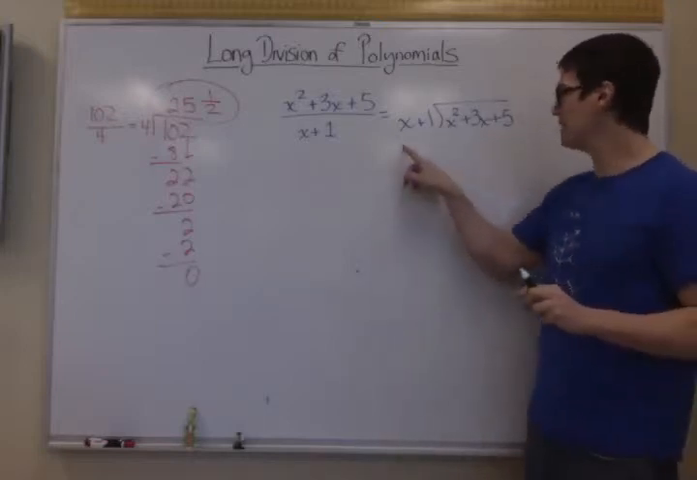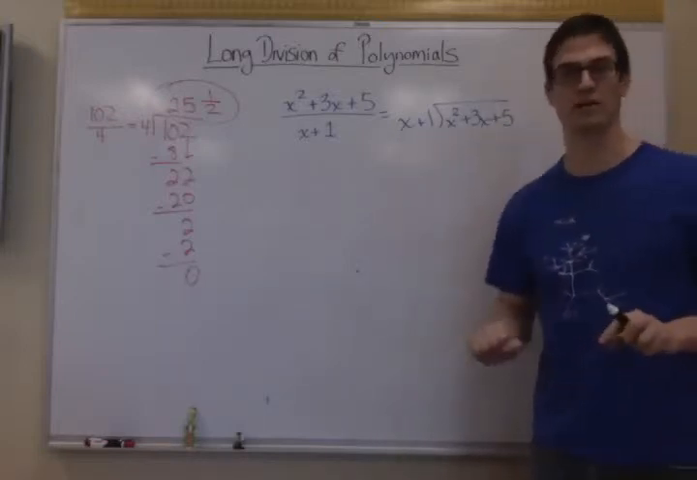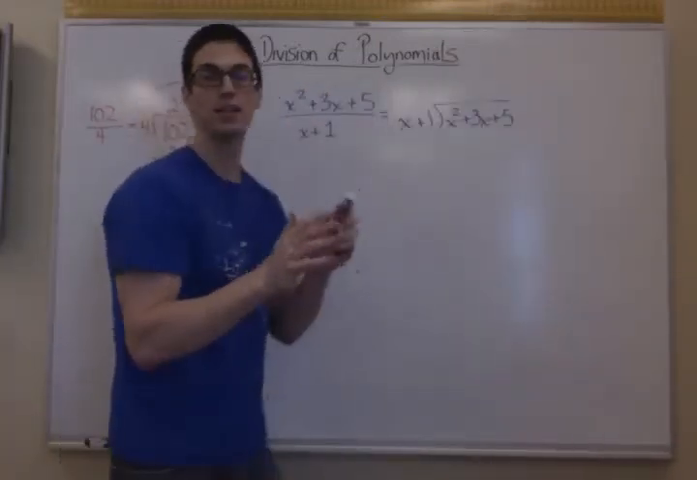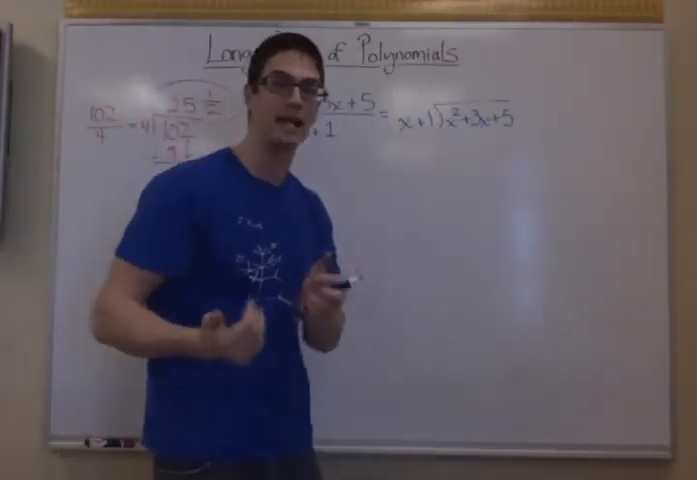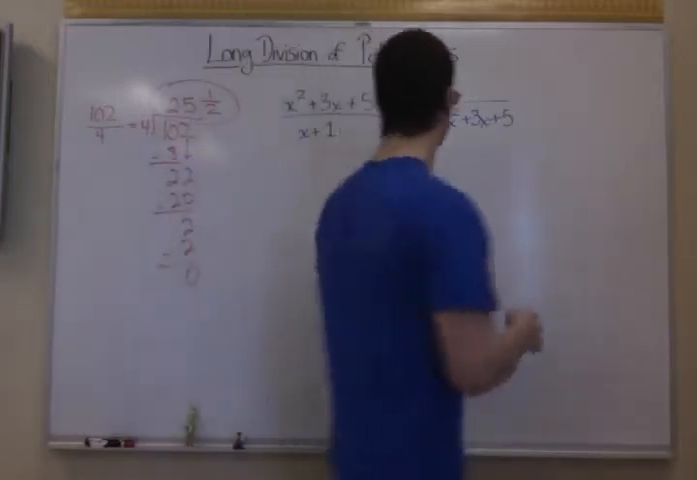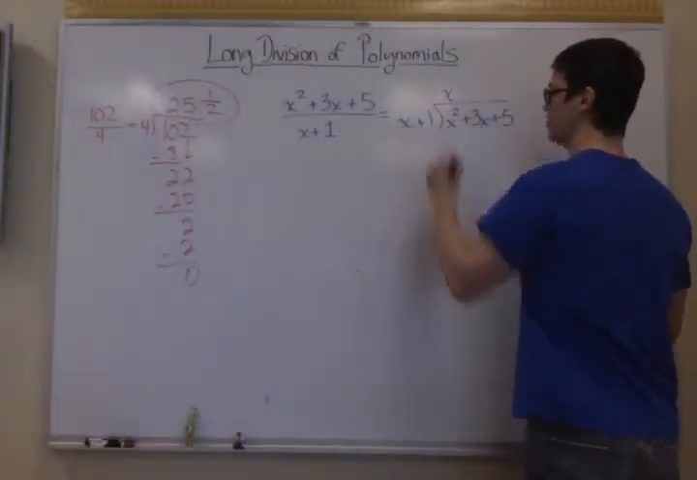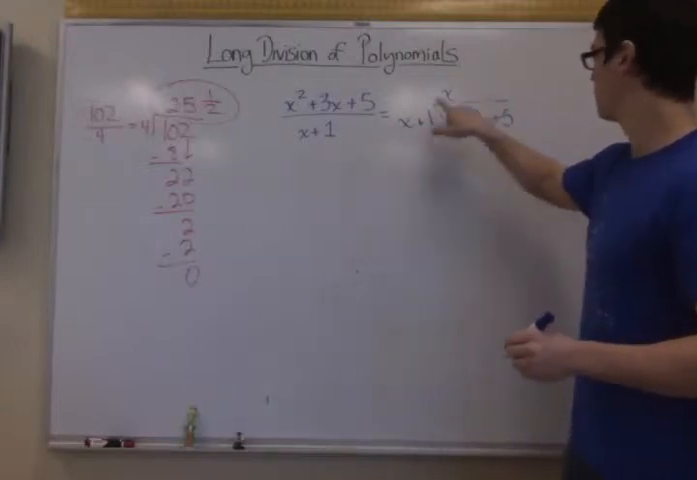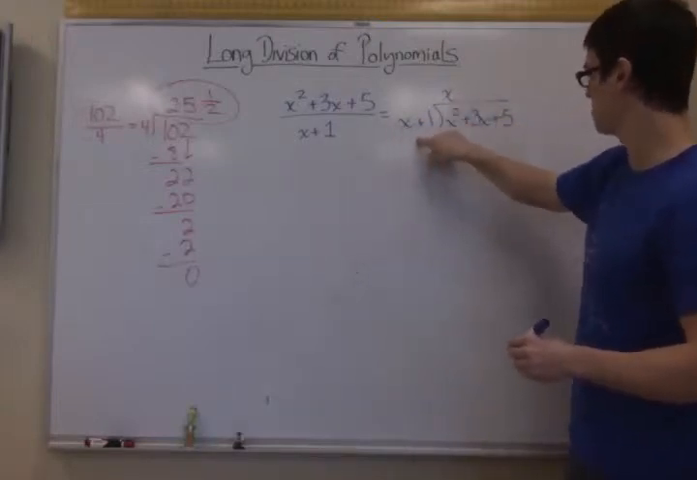So just think, how many times can x go into x squared? It's not 2. Everyone always thinks it's 2. But x can go into x squared x times, because x times x is x squared. So what I'm going to do here is put an x. Boom. Okay? Now, just like we did before, you're going to take this number times this, and then subtract it